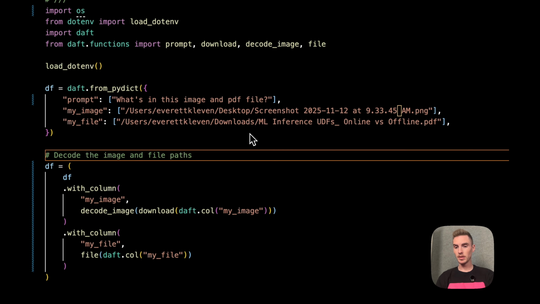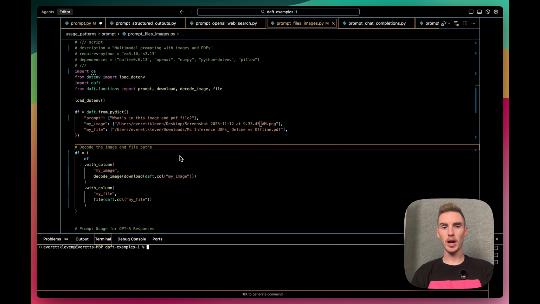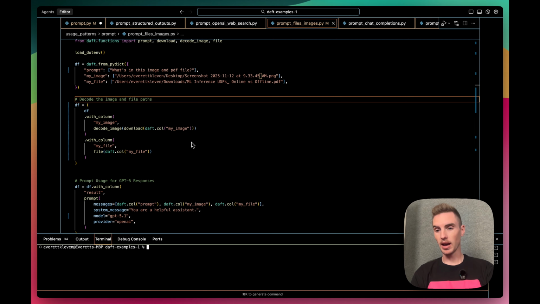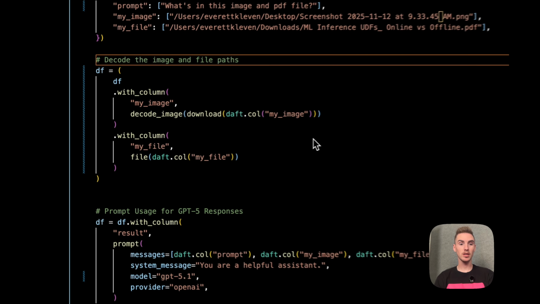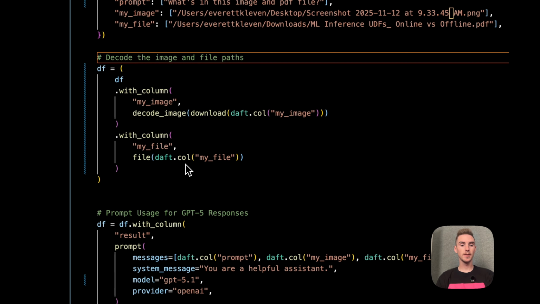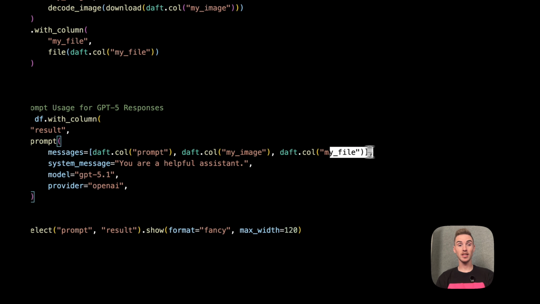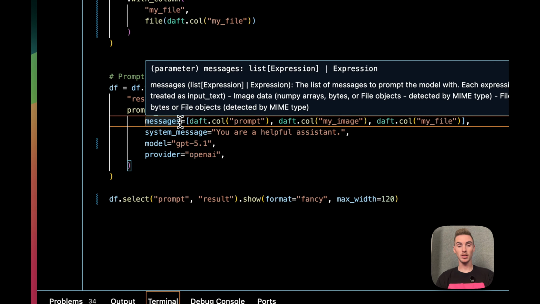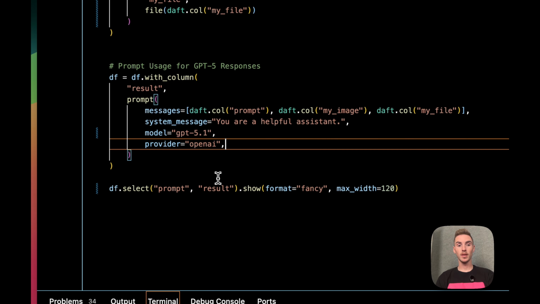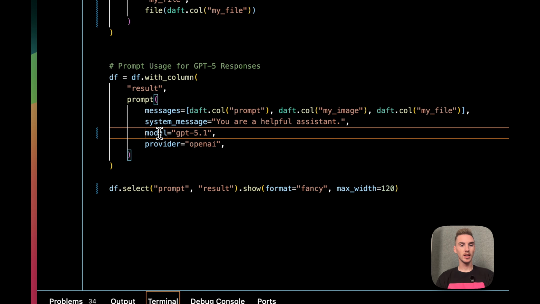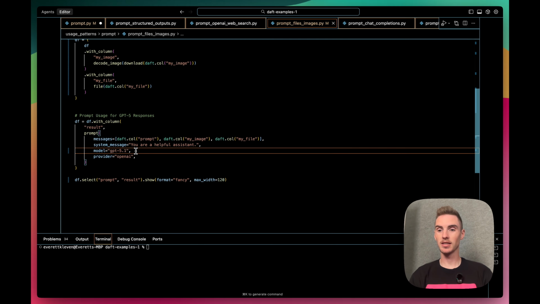It's just a single row, but just to demonstrate the usage pattern here, we'll demonstrate that not only do we already have built-in functions for handling images and for working with files, but we can also just pass in our prompt, our image, and our file as a single list into our messages input. We can provide our system message, like we did in the last example, and we can provide a more powerful model, like GPT's latest 5.1,